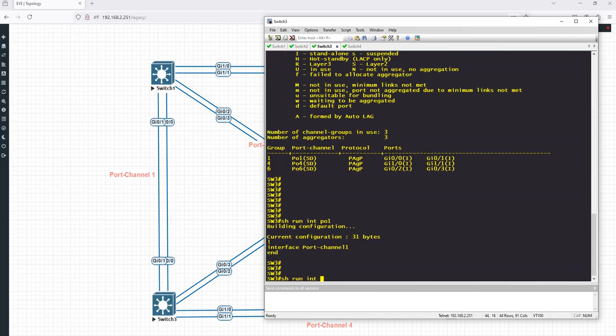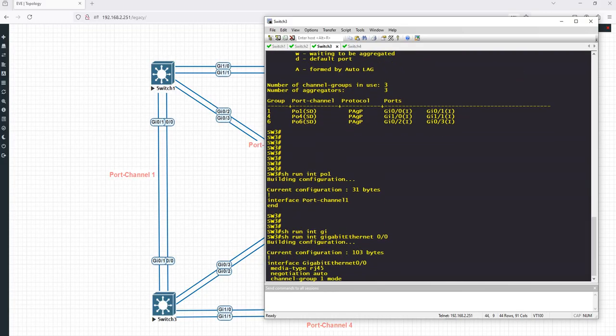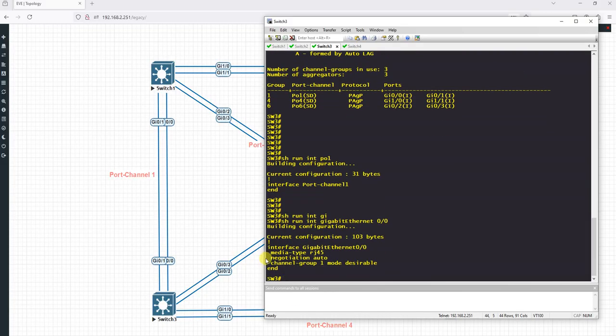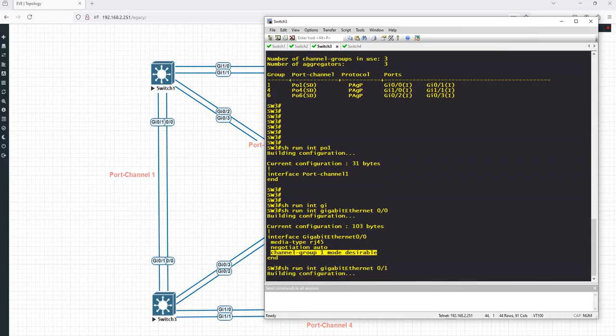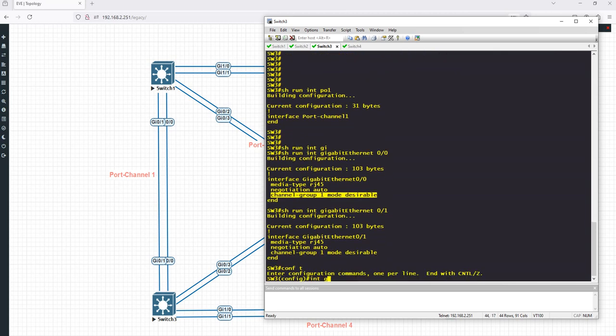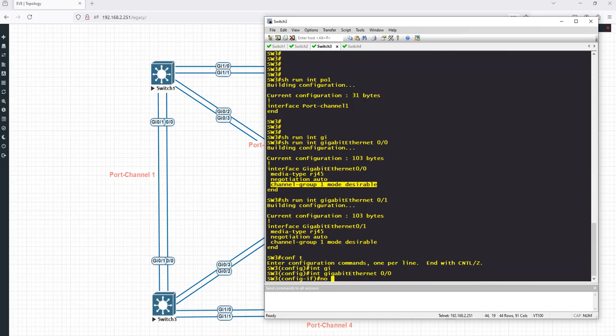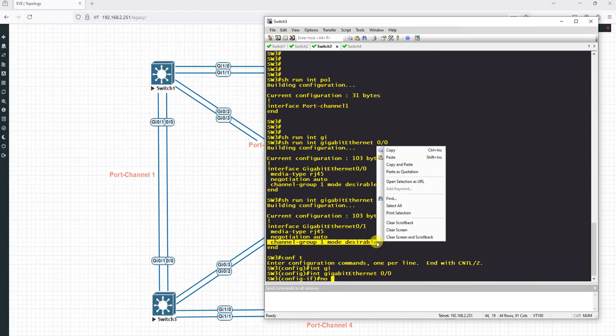And show run int. Now I go to the interfaces that are participating in this port channel, gig 0/0. As you can see, the channel group mode is desirable. That needs to be changed. I check 0/1, and it is the same. So I go conf t, int gig 0/0. I just have to know the channel group mode, desirable,